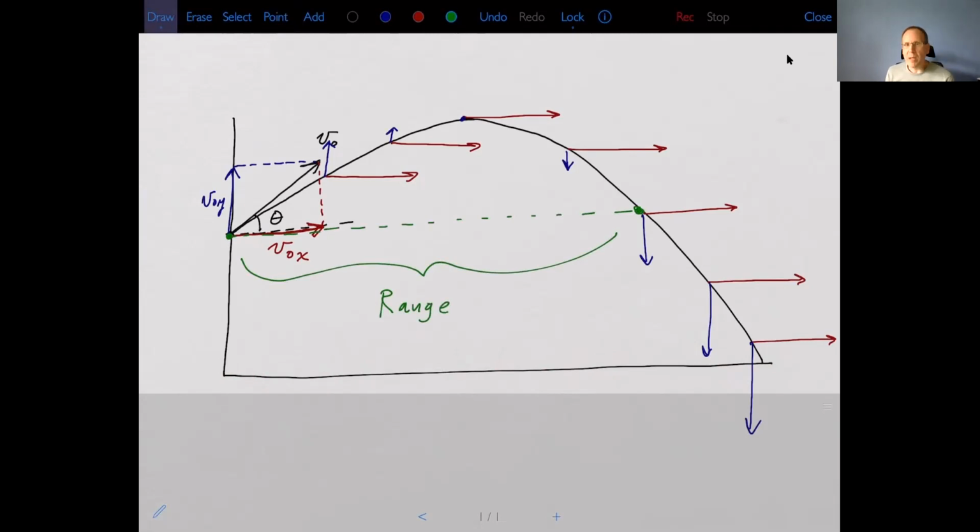Okay, so a big part of this lab is to look at how varying this launch angle affects the range of the projectile. If we change this launch angle, how does that affect the range? That's the key thing that we're going to look at in this particular lab. Now, there's a formula for range,